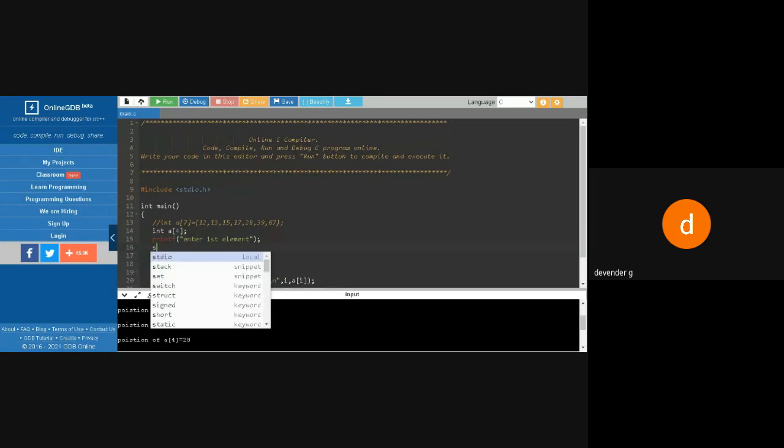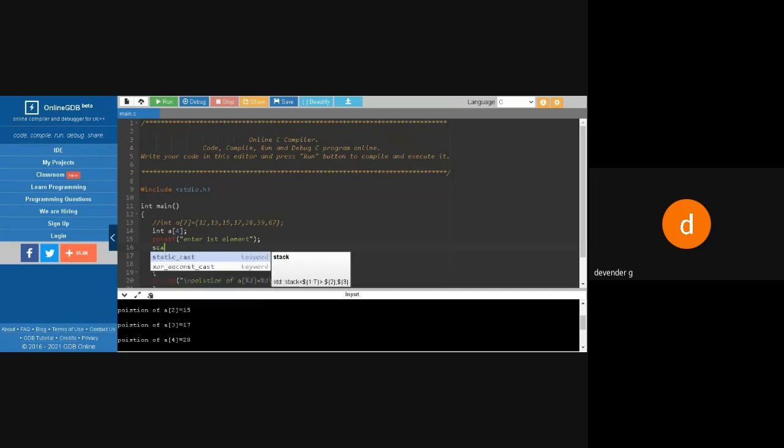Then immediately you ask from the keyboard with scanf, that I want to accept something from my keyboard. It is an integer value, so I'll say %d with ampersand, and the value should be placed at a of 0. The value which you enter from the keyboard should be stored at the first position, and the first position according to index number is A0. So A0 will take your first value.